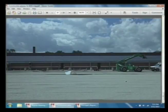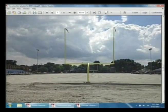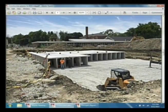Mary Ann, I think there was one more picture of the building before you go back to the trap. You scroll, is that? All right, so if you go all the way back to the first slide,